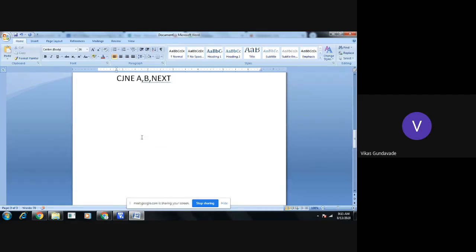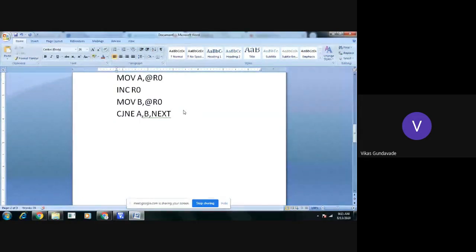So if it is CJNE A, B, and both numbers are not equal, we need to shift to the label. Now if it is equal, then we need to stop the further process and check the next comparison. So here we will write it as next.